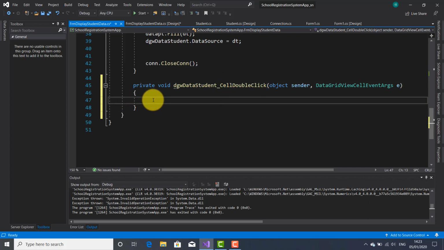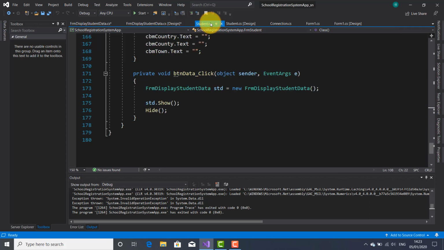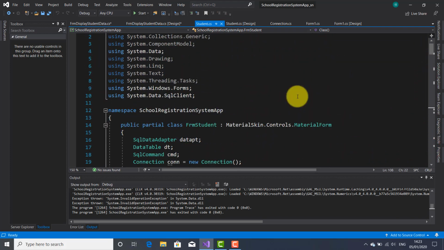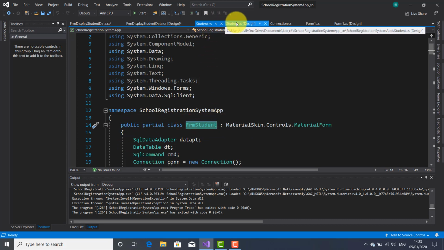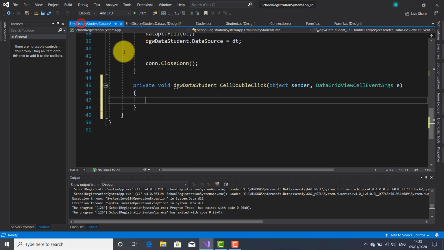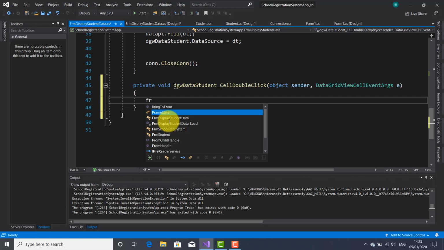So I'm going to use the class of this student form. Yeah, why the class of the student form? As you can see, each form has attached a public partial class. So this is the partial class of this form student, FRMStudent. So I'm going to use this class